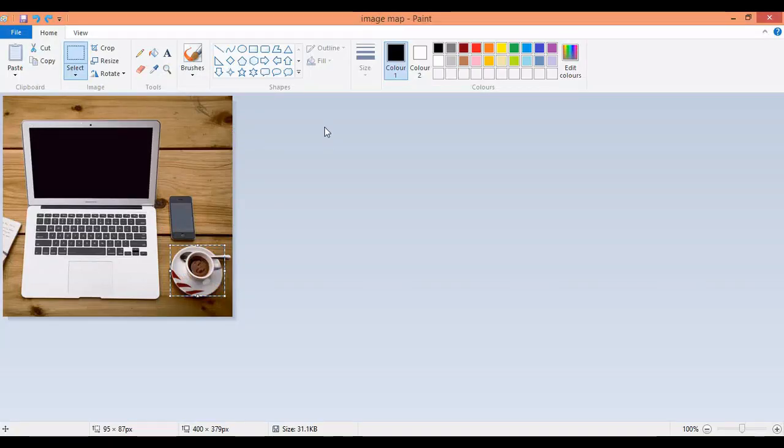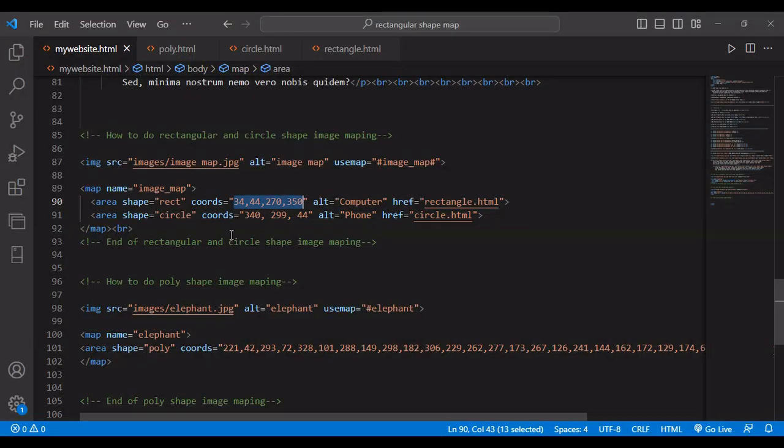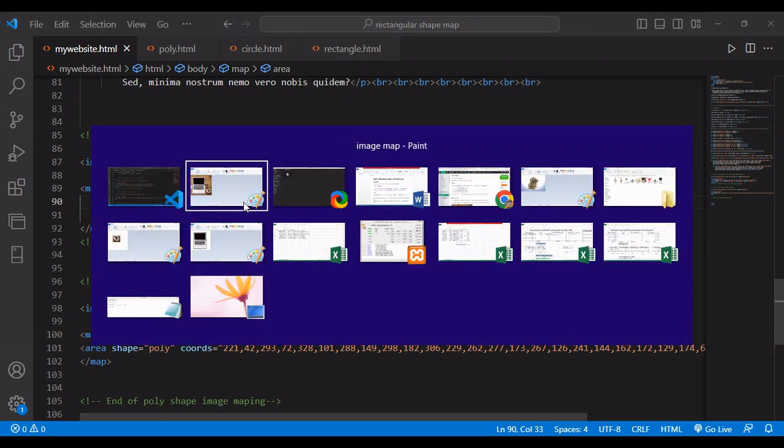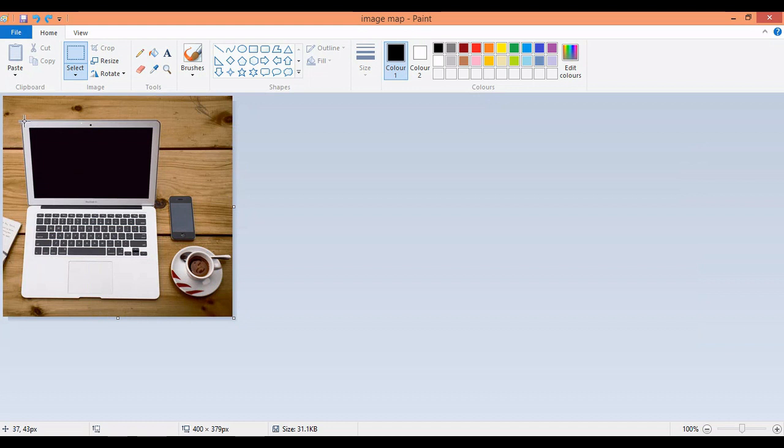The image is here. So what I did here, as you can see, 34 44. 34 means the area 34 pixels from the left towards the right, and 44 means the y-axis, from the top towards the bottom. So if I put the cursor here, you can see at the bottom left corner it's saying